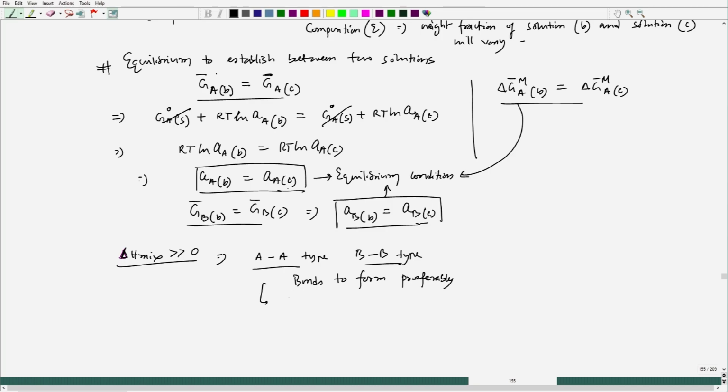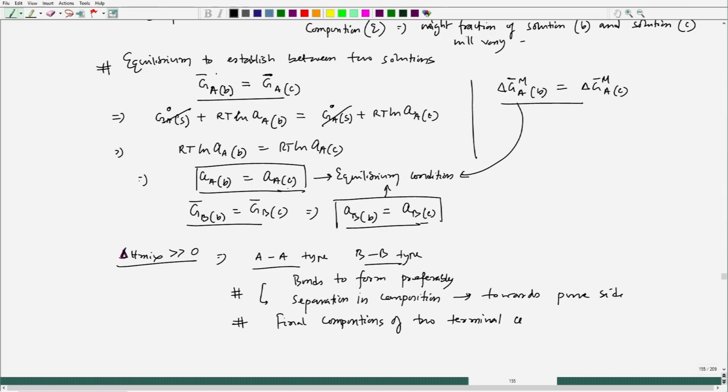And it would lead to a separation in composition, and it actually goes towards the pure side, and the final composition of the two terminal compositions, the final terminal solution, will be decided by common tangent,